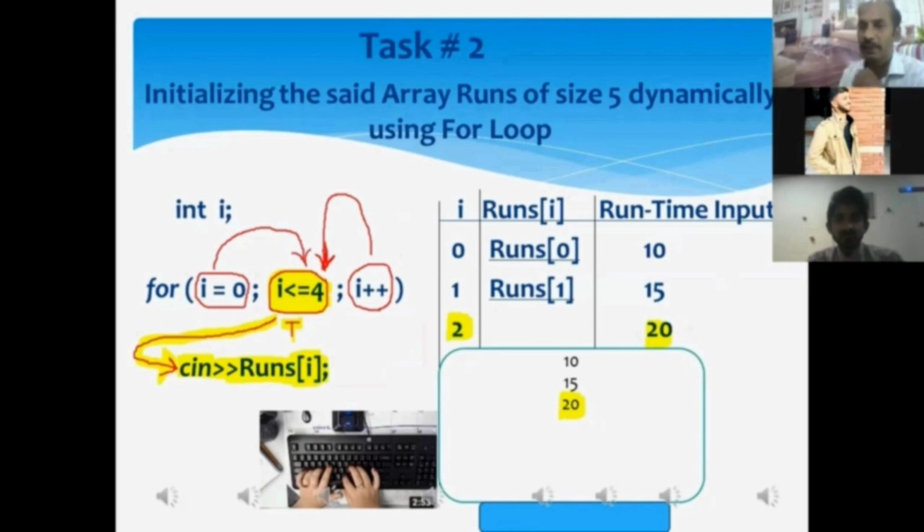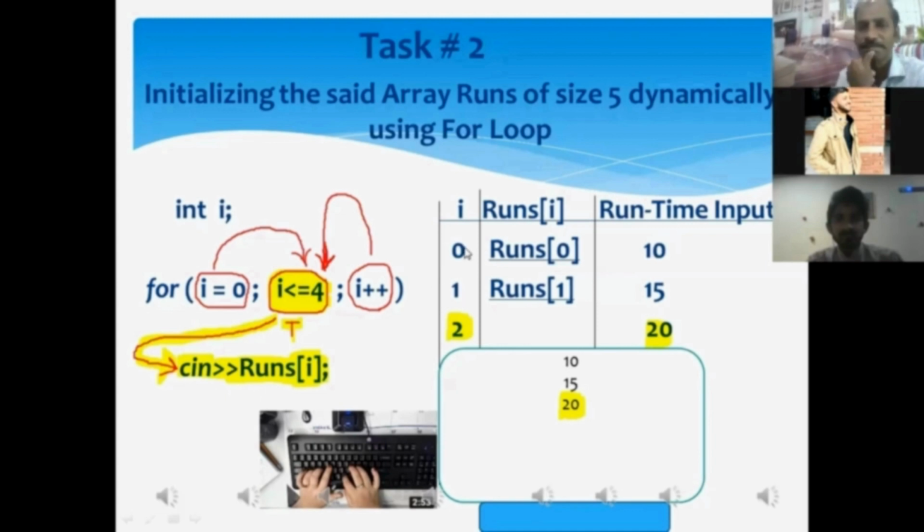Whatever data value I typed over there, that is 20, will be stored in the memory location that we have specified in the scanf statement. And that memory is the memory address of the array. The name of the array is runs, and within square bracket we have written I. What is the current value of I?